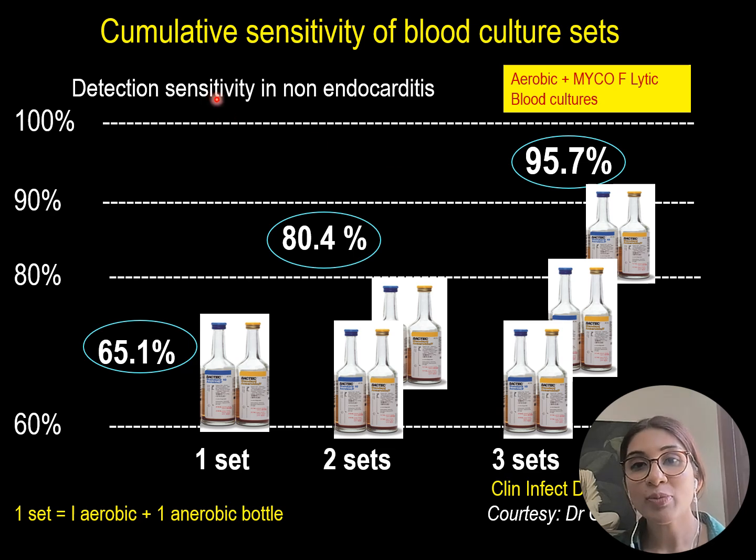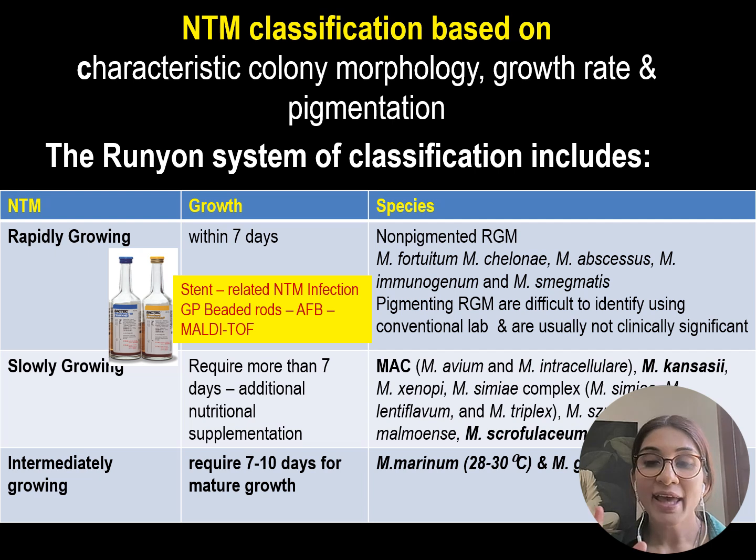Microbiology is extremely important in the diagnosis, and here the blood cultures need to be sent in the appropriate volume. So it should be at least 3 sets, at least half an hour apart. And if you're suspecting NTM infections, instead of the aerobic and anaerobic blood cultures, we can also send mycobacterial blood cultures, which will help in better isolation of the NTM or the rapidly growing mycobacteria. Now, RGM can also grow in the aerobic blood culture bottles, and